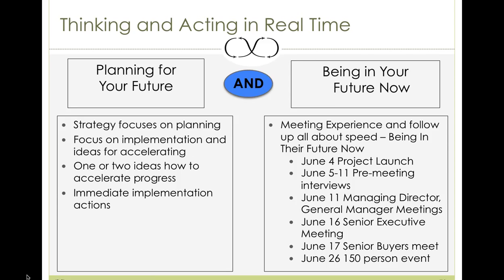So take a look again at this practice of June 4th to June 26th. So going from having no plans in place to finding a venue, to recruiting a design team, to agreeing on purpose and outcomes, to prepping leaders, all of this work was done within 22 days leading up to that 150-person event. So this notion of talking about doing work faster, implementing faster, creating our future faster, was modeled and experienced in the actual design of this meeting.